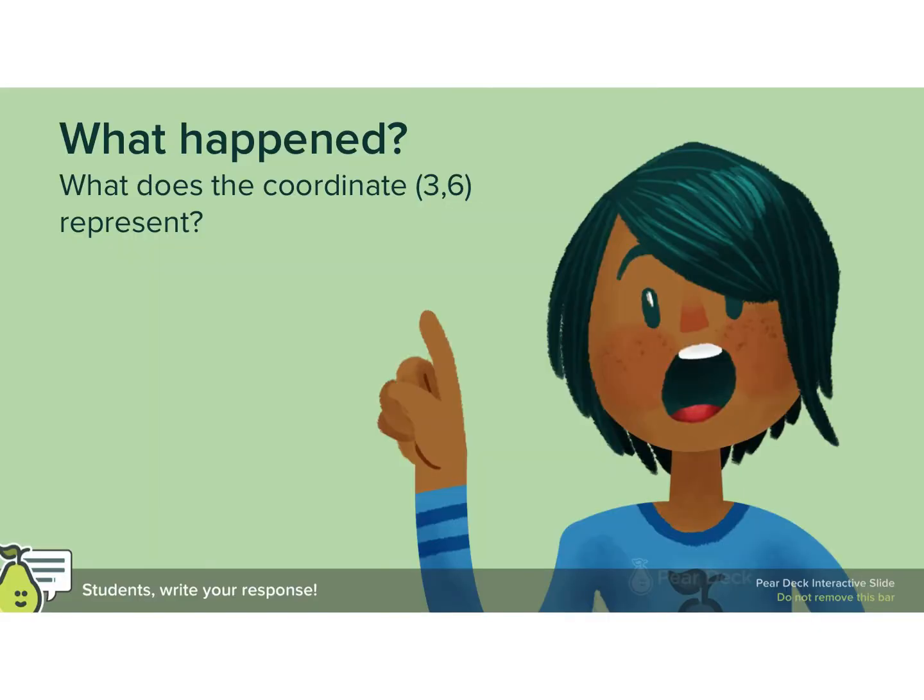What does the coordinate 3, 6 represent? Well, 3, 6, remember we had our table, right? We had terms and we had blocks. I'm not going to put the middle part. So 3, 6 means, I'm going to write this out, the coordinate 3, 6 means,